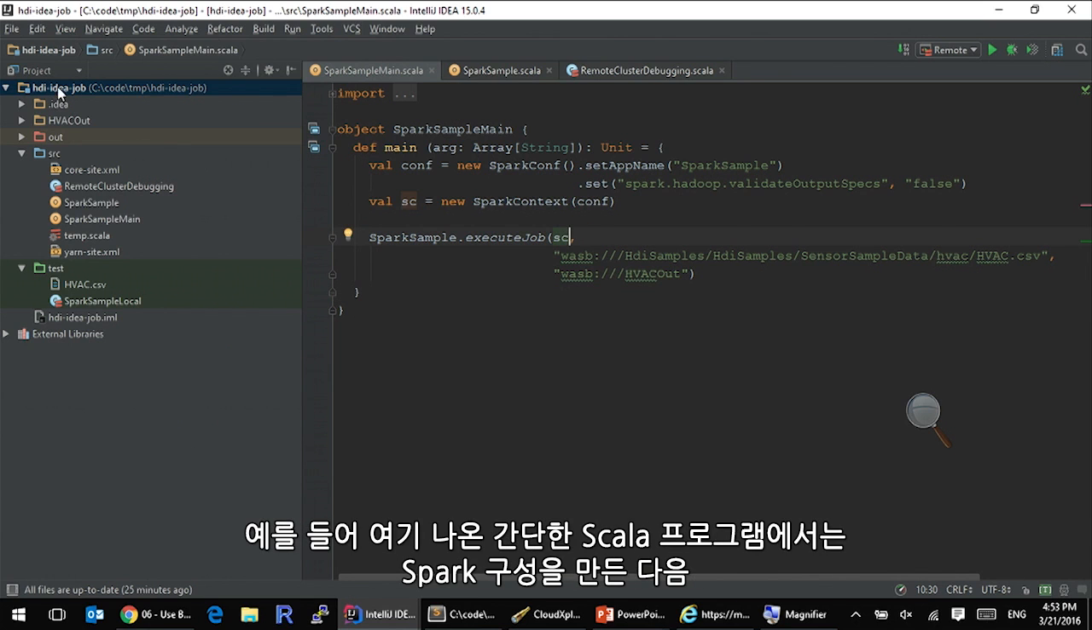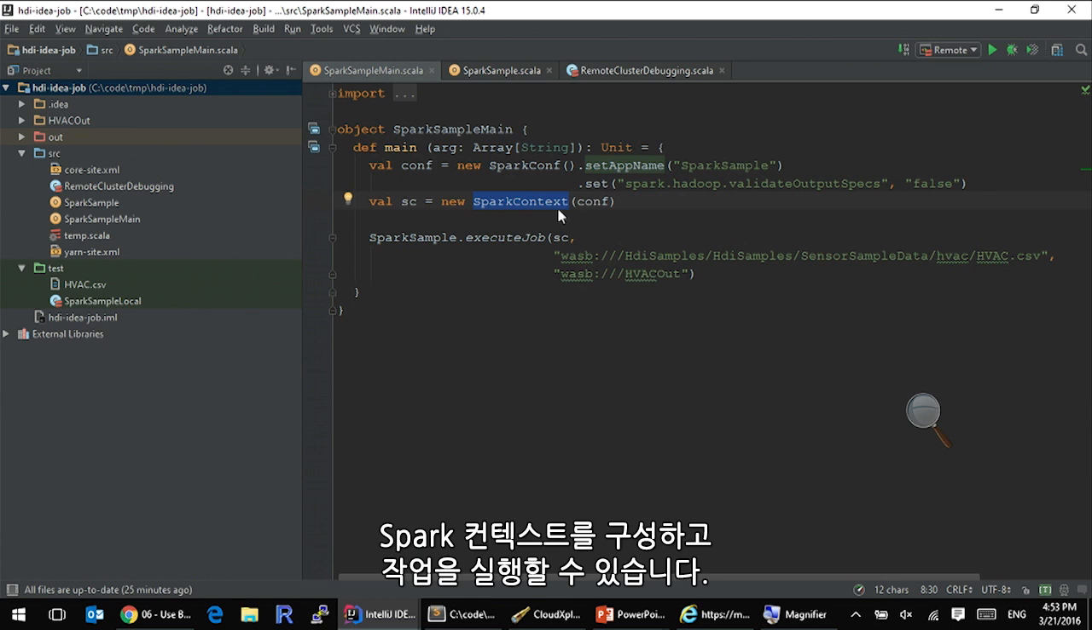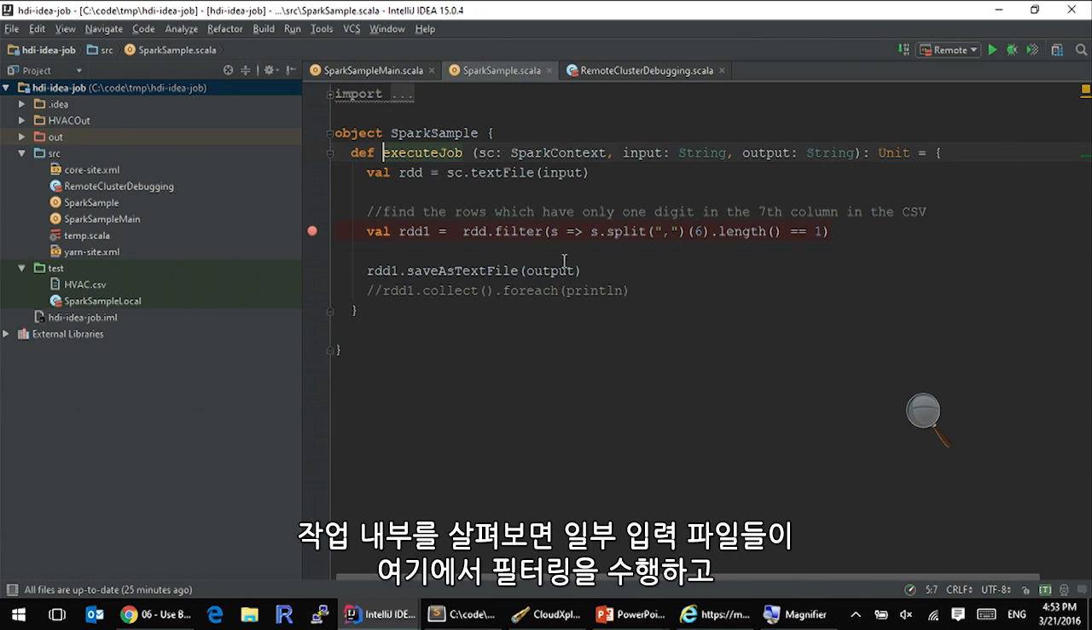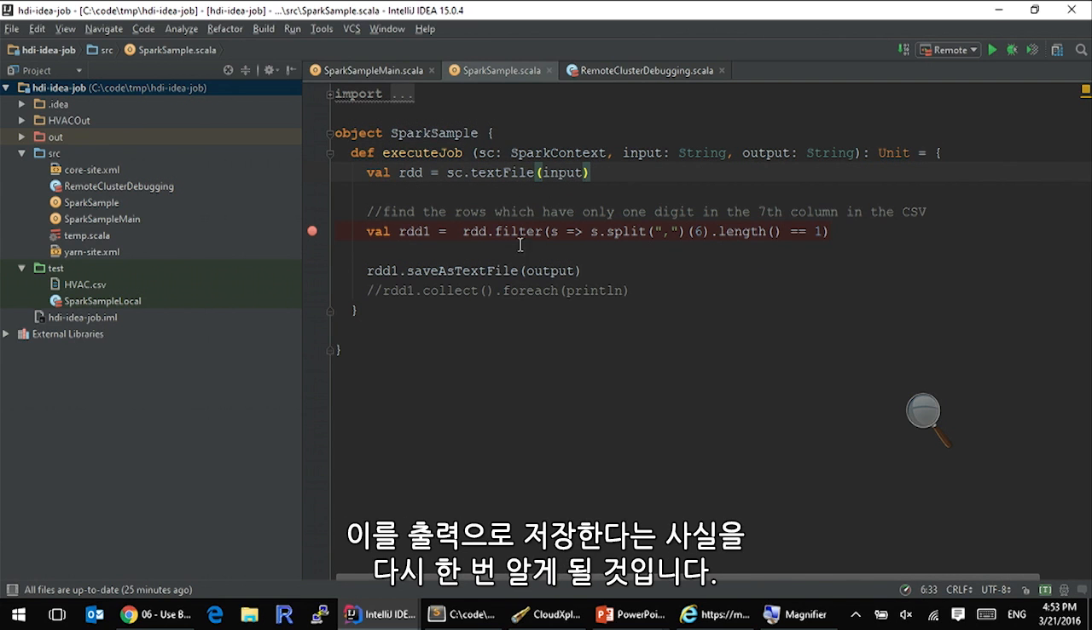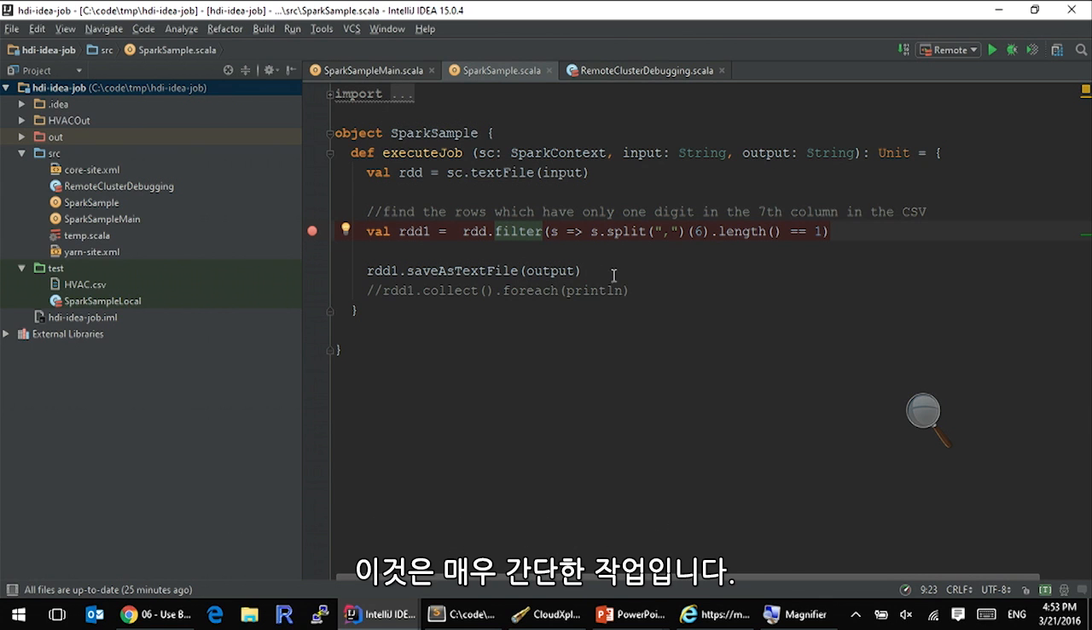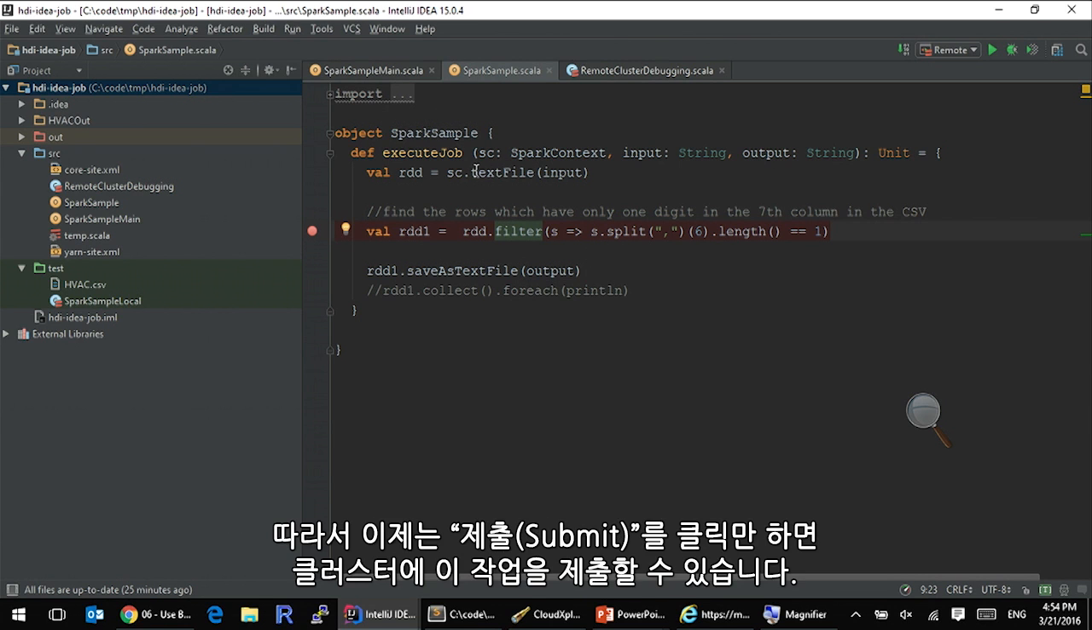For example, here I have a simple Scala program, which just constructs a Spark configuration, then constructs a Spark context, and executes a job. If you look inside of this job, you'll see that it captures some input file, does some filtering on it, and saves it as an output. So, a fairly simple job. Now, in order to submit this job into a cluster, I'll simply click